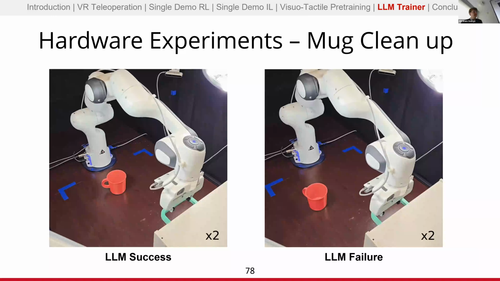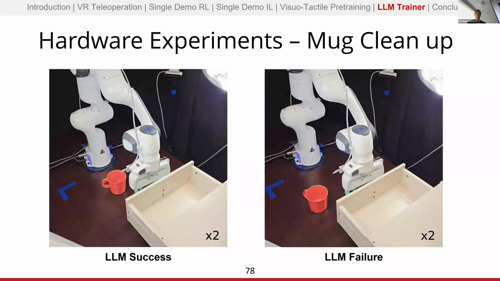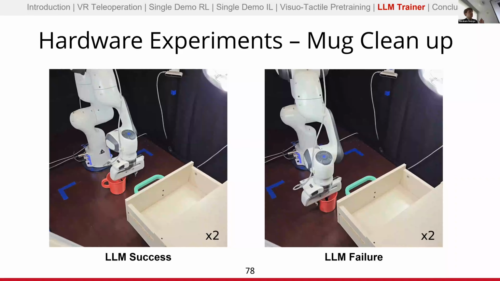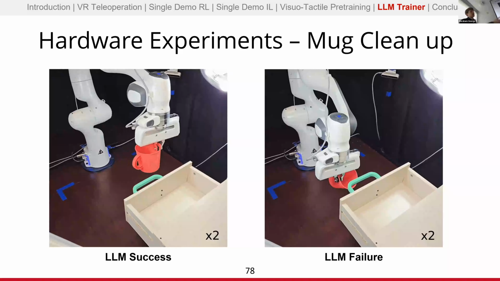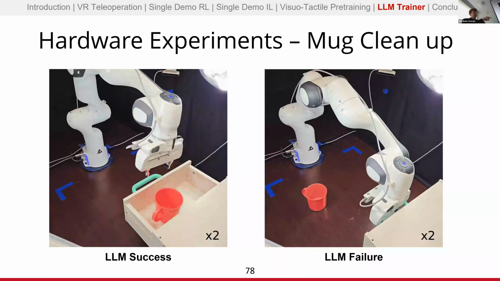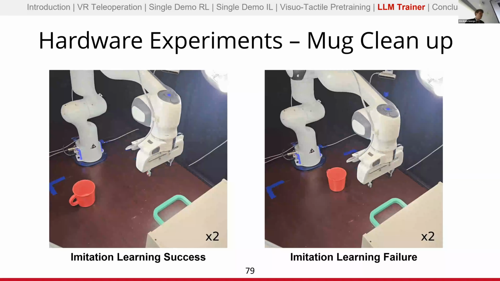So here you can see the LLM attempting the task. This is what the feed-forward policy would look like for data generation. And here you can see that it succeeds. It's just executing feed-forward control, but occasionally it'll fail if something comes up that it doesn't expect. So in this case, it was that the handle gets caught on the mug. There's no way to adapt to that because it's feed-forward.